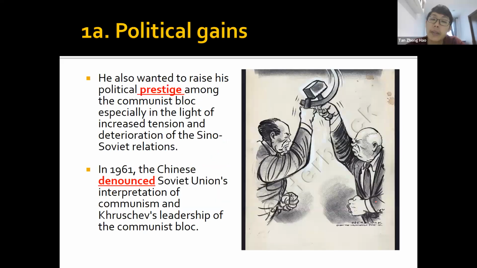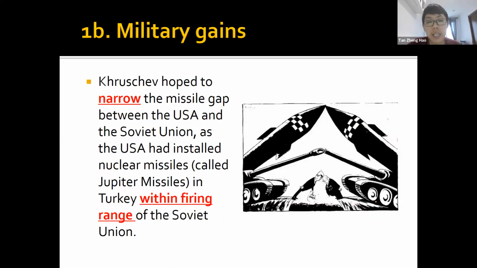Okay, and Khrushchev also wanted prestige. By being able to threaten the US, Khrushchev and the USSR will look very powerful, and look like the leader of the communist world. Because at that time, Mao Zedong in China was starting to appear like a leader and starting to not listen to Khrushchev very much. So Khrushchev may want to use the chance to show, I am still the big boss of communism.